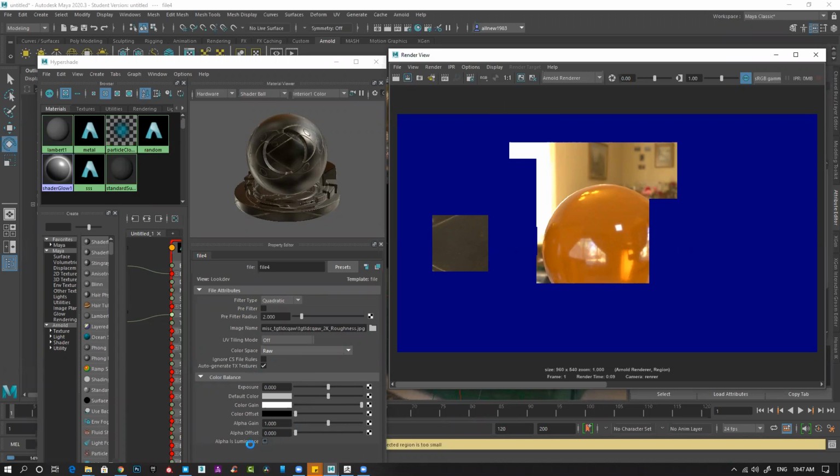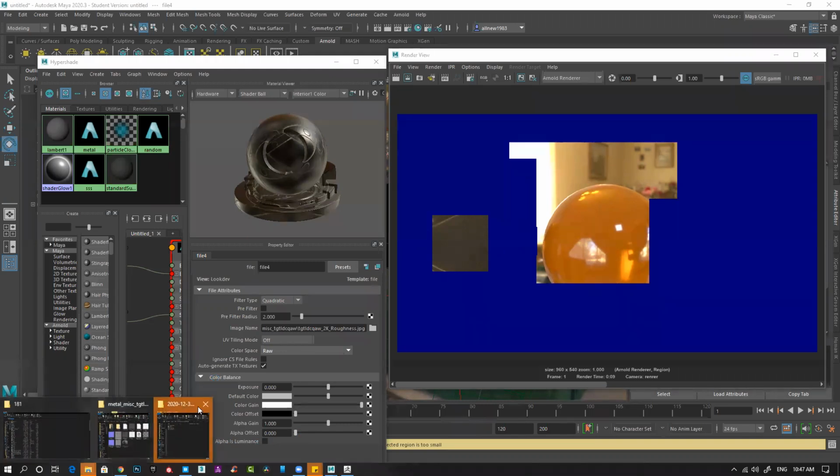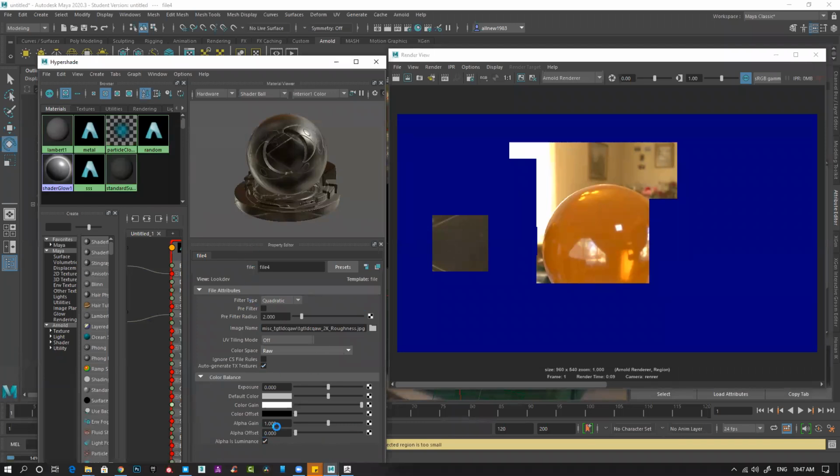Okay. One more thing you have to do: whenever you have a black and white map and you change it to raw, you have to switch on alpha is luminance to get the actual effects from your map, which is very important. Then click on this region one more time.